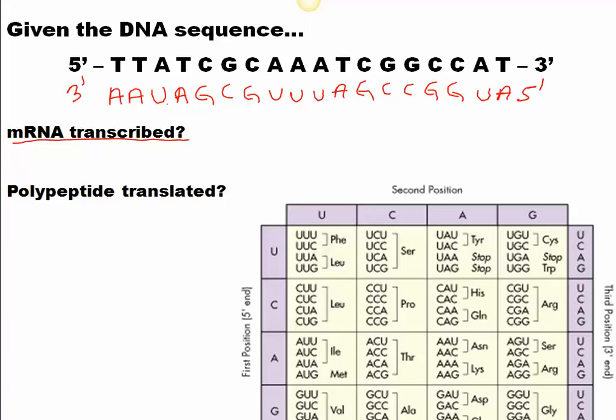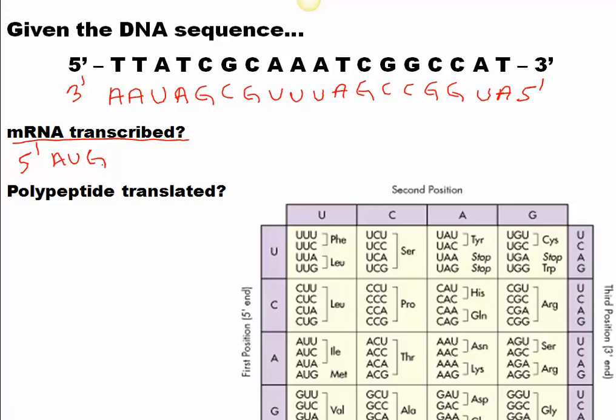So we did transcription. But remember back in our previous video, when we make DNA from the 5 prime to 3 prime direction, this is the actual same direction where we make RNA. We make RNA also in the 5 prime to 3 prime direction, and it's okay to write it out this way because it's the easiest thing to do. But all you have to do is just write your RNA starting with the 5 prime end first and ending with the 3 prime. Again, 5 prime means where I start my sentence, and 3 prime is where I have my punctuation. So my answer for this part will be 5 prime and